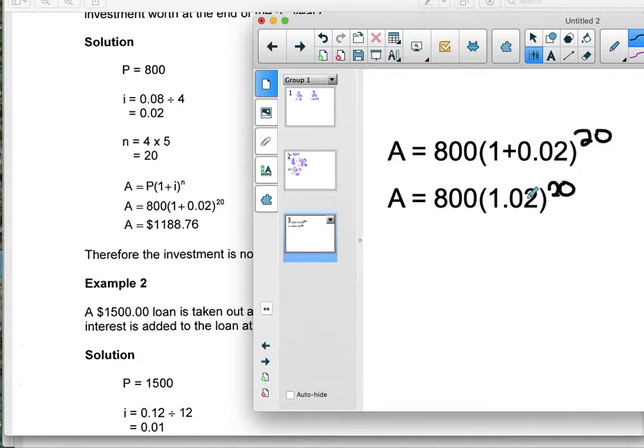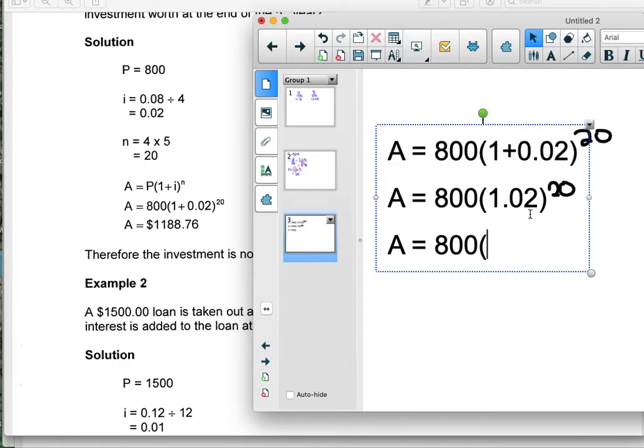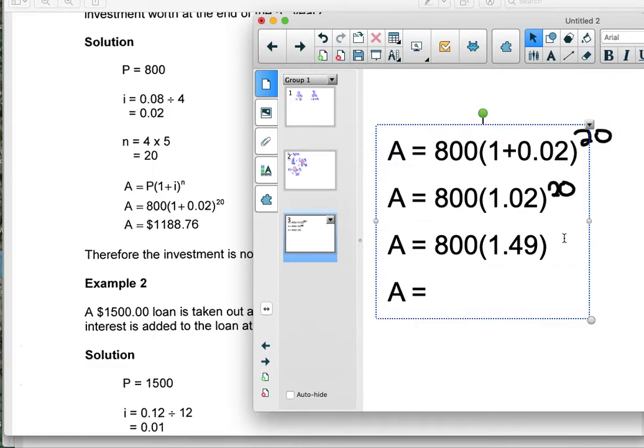So order of operations says next we need to do the exponent. So we're going to have A equals 800 times, and our base is 1.02. In your calculators, you're going to put 1.02 with your exponent button, 20, and that's going to give you approximately 1.49. Oops, that's a 2. 1.49. And then lastly, you're going to multiply 800 times 1.49, and that is going to give you approximately